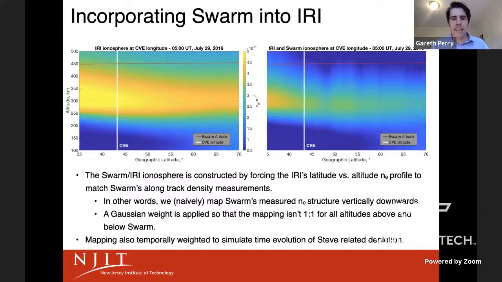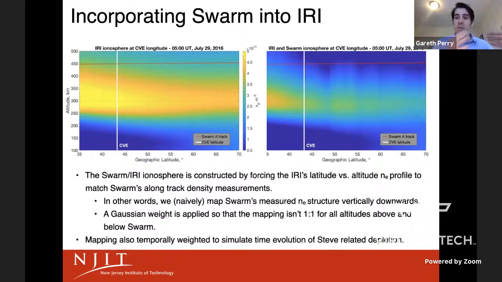And so essentially what we did is we forced IRI to look like Swarm A's profile. And we naively mapped that structuring down into the bottom side F region. We weighted it a bit such that we wouldn't get these obscene gradients in the ionosphere, so we applied a Gaussian weight here and fiddled with this. We imposed this vertically, and then we did this in time